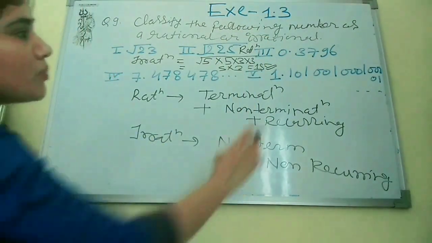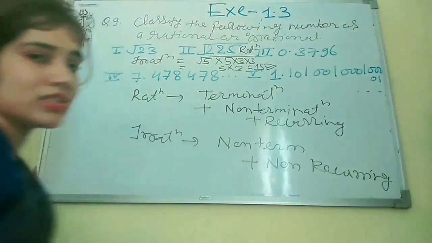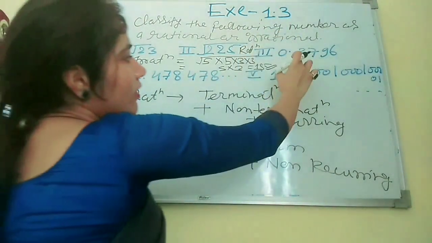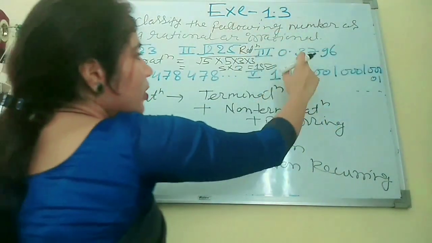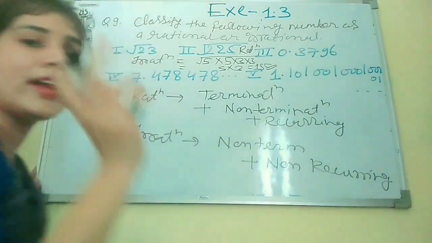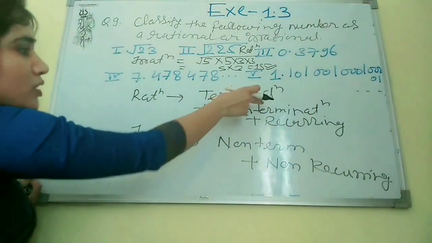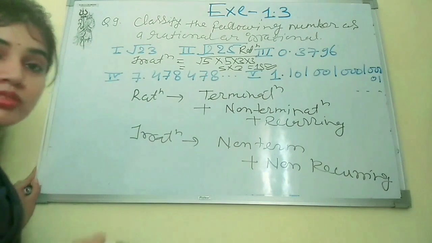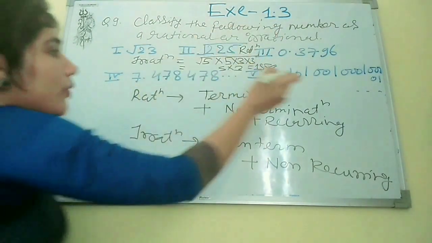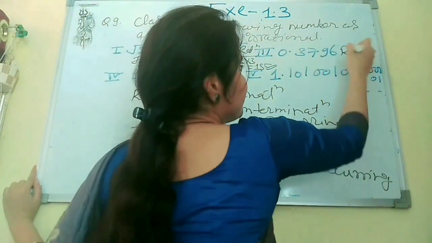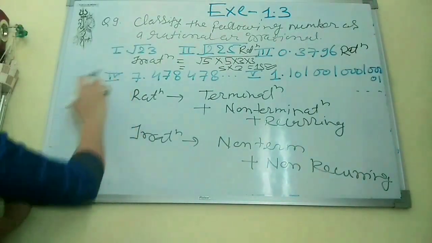Now the next question is 0.3796. Simply you can see that we can count the digits after the point: 1, 2, 3, 4. It is finite, which means it comes in this form, terminating. So that is also a rational number. And the next question is